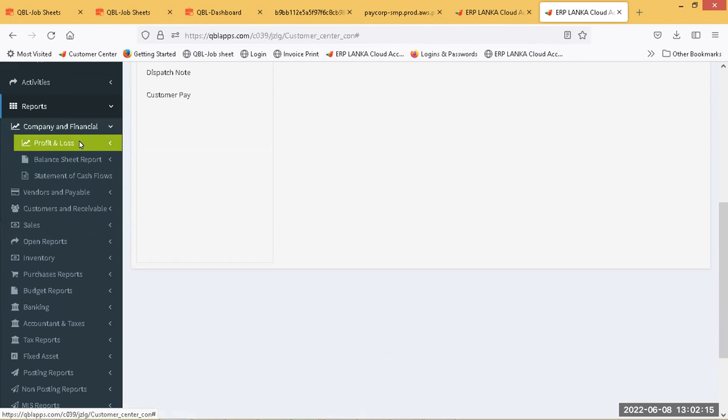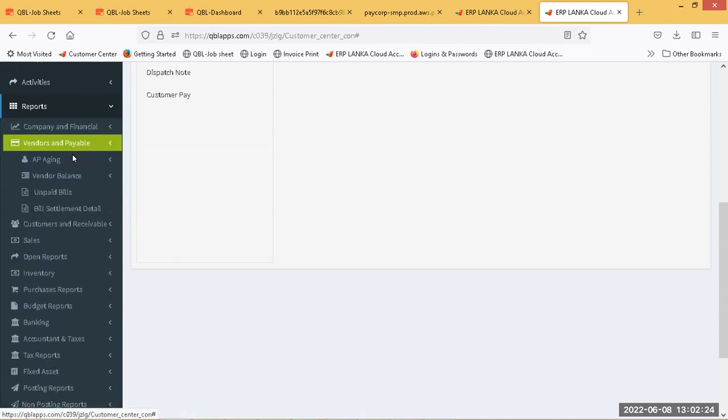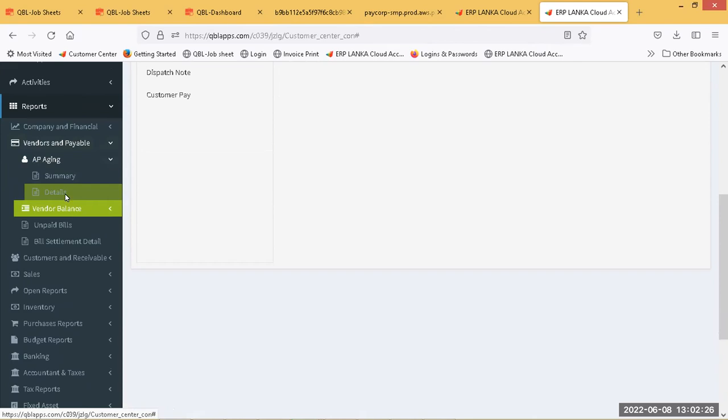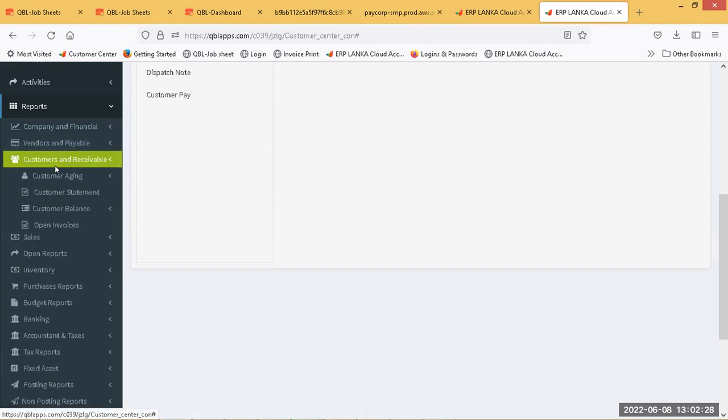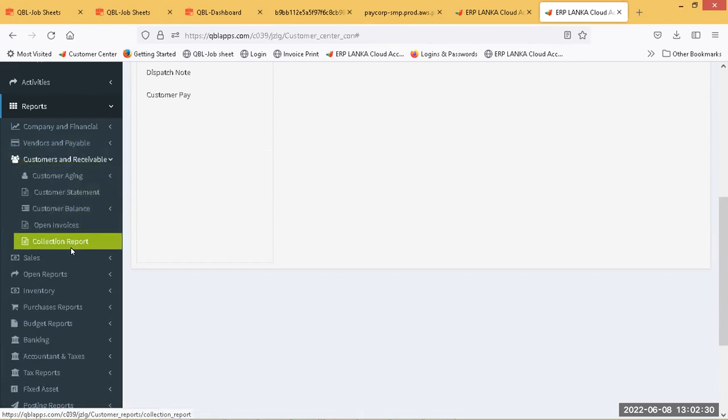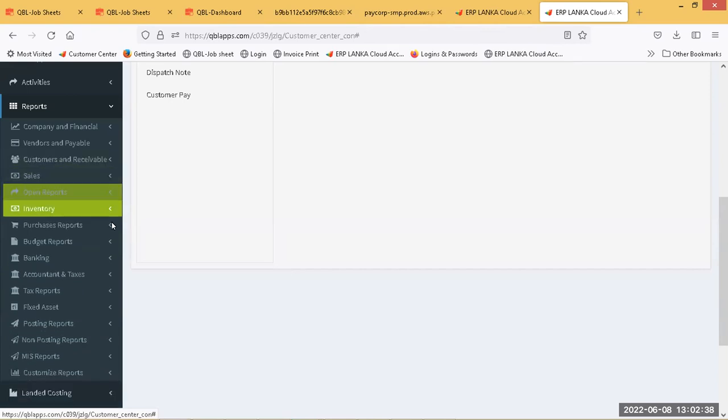Account related reports under company financial, P&L, balance sheets. Then you can see the vendor related reports, customer related reports, sales, purchases, inventory. Like this, you can see all reports through the system. Right, I just gave you a brief explanation about our system and what is included with it. It's a brief introduction, but if you need any additional